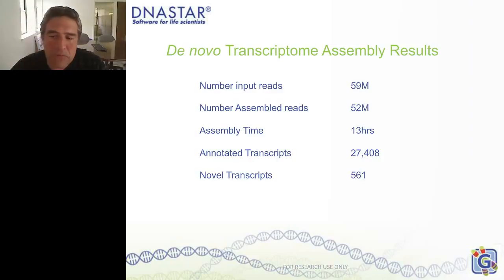A lot of times with de novo transcriptomes, you don't get 80 or 90% of the data assembling. A lot of transcriptome data sets have genomic contamination or fragmentation, and aren't quite as clean, and you may get sometimes as low as 50 to 60% of the data. But on a real clean data set, you'll get upwards of 80 to 90%. This one took a little longer at 13 hours. A lot of times a data set this size will go 8 hours or so, and we get 27,000 transcripts